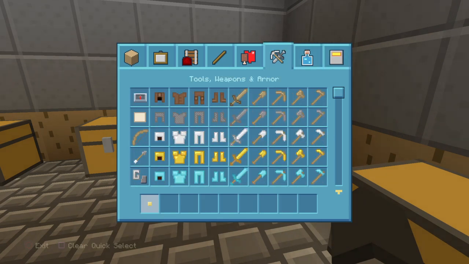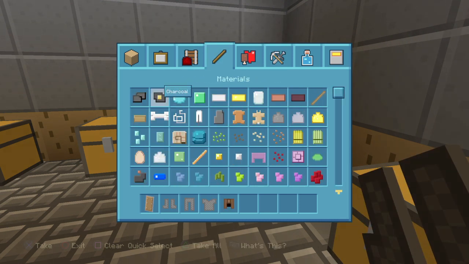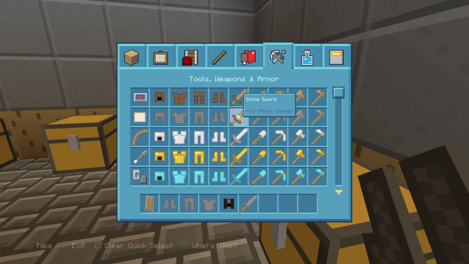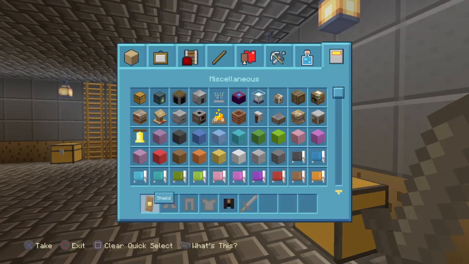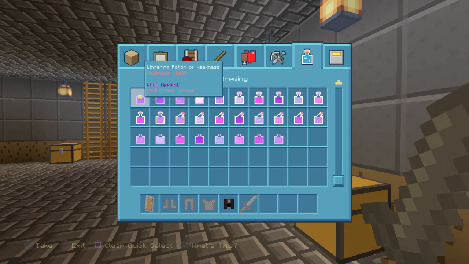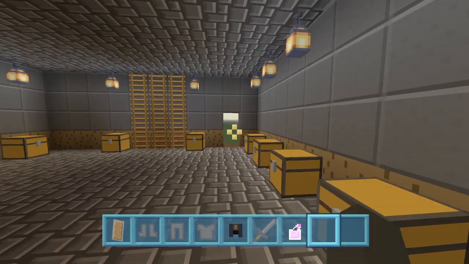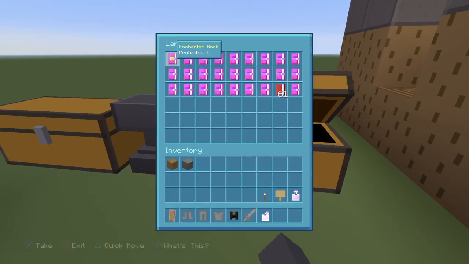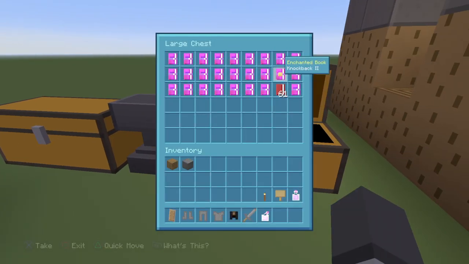Final one, I guess someone with a shield. So let's grab a shield. Maybe. I like black for the guys with the shields. It makes them look a lot cooler. We'll probably add knockback. Maybe a... I want to add slow falling. I don't know why, but I feel like it would fit the class. Maybe feather falling 1 or...